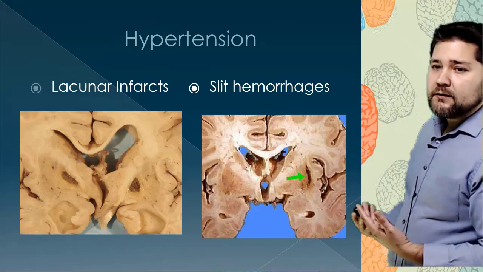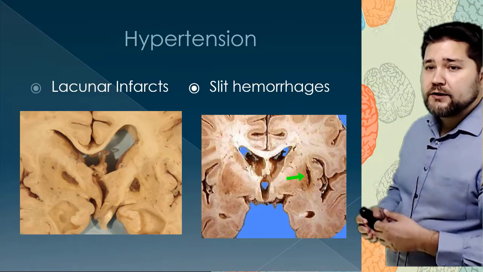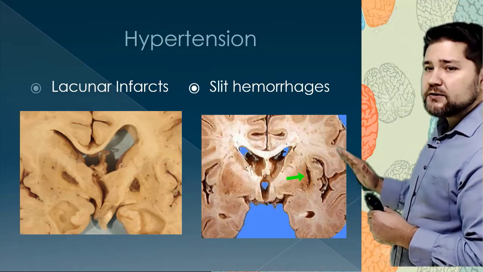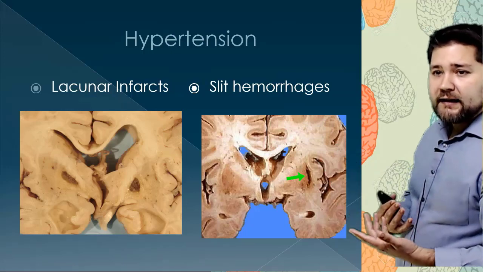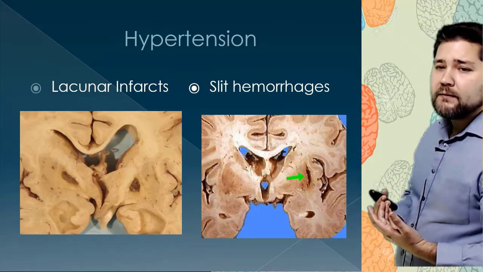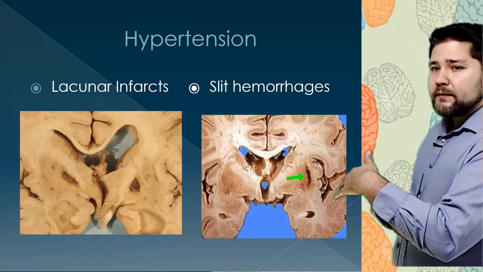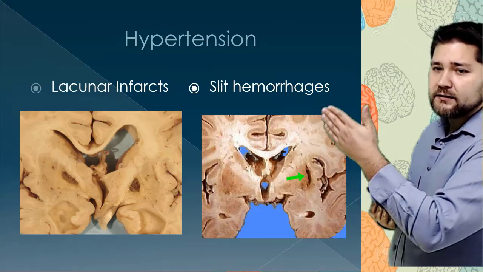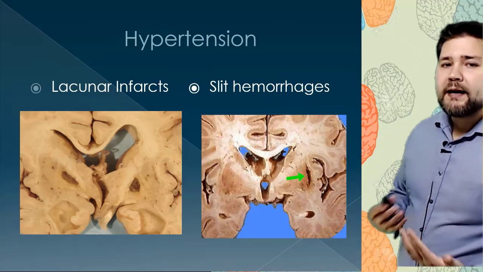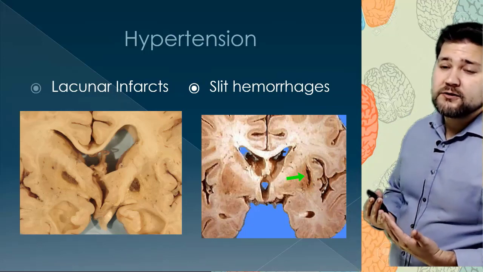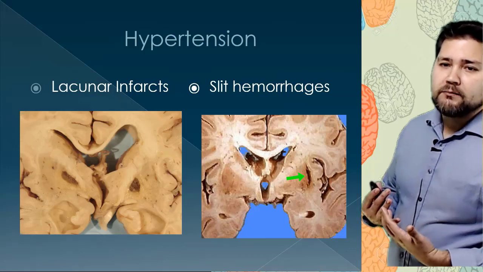Contrary to that, those arterioles can also rupture, and when they do, they create these slit hemorrhages. And these are smaller hemorrhages that will likely heal. They occur around the midpoint of the brain, particularly that central basal ganglia region. But ultimately, once they hemorrhage, they'll heal up, and you get these little slits that you can also find during autopsy. So depending on the degree, these are usually pretty compatible with life, but you might start seeing symptoms